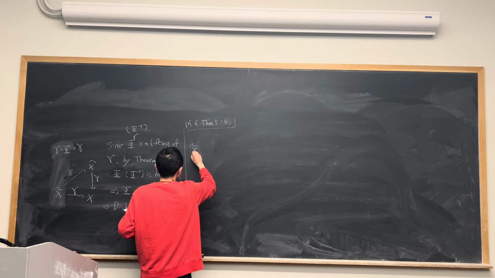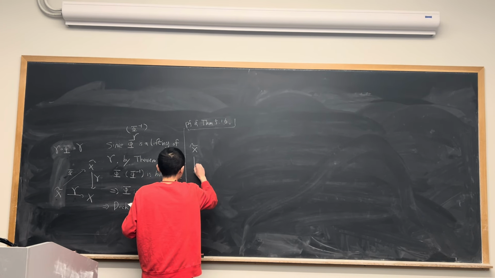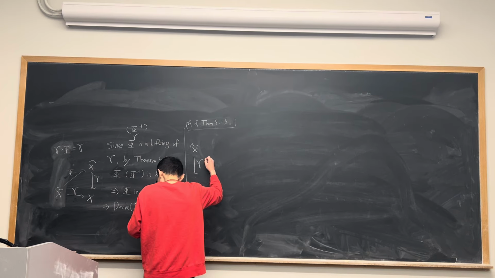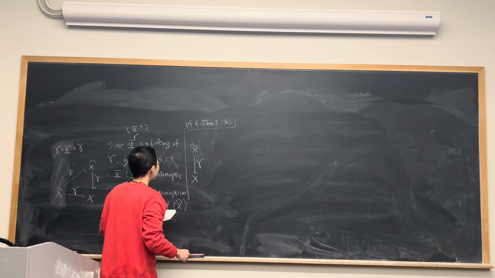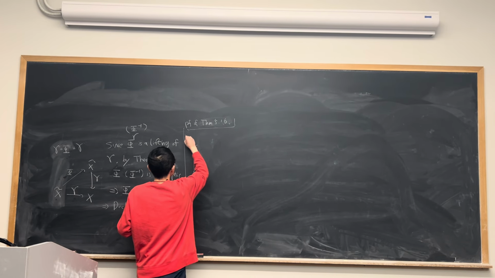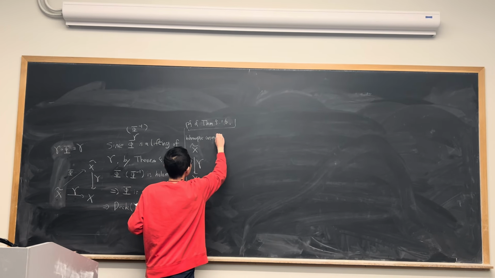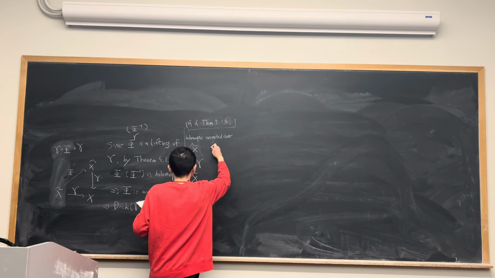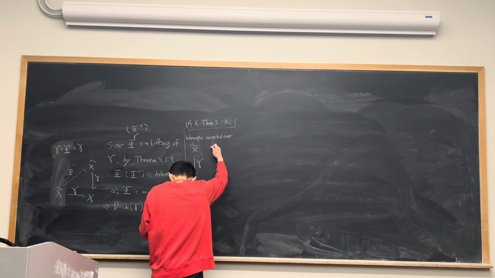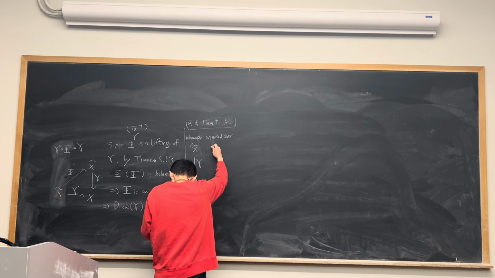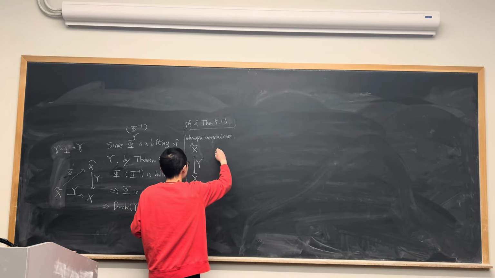Here we have this X tilde, and X tilde is the holomorphic universal covering space of the Riemann surface X. So this is a holomorphic universal cover. And then the conclusion is that